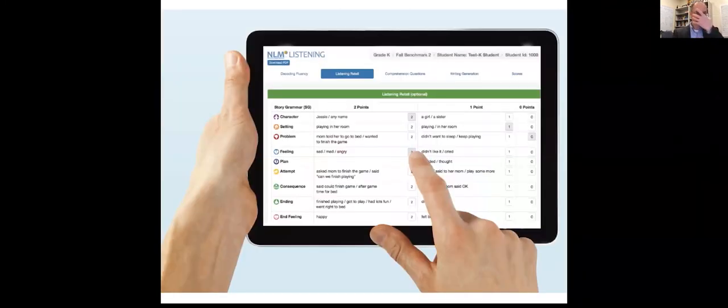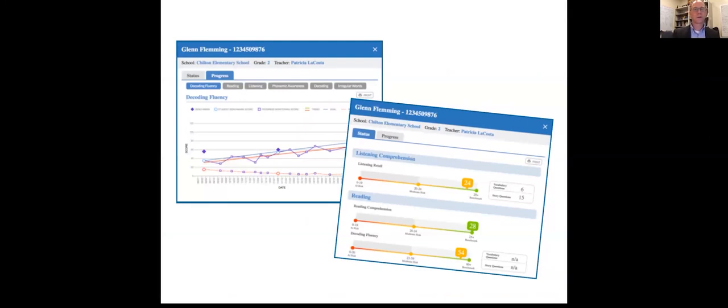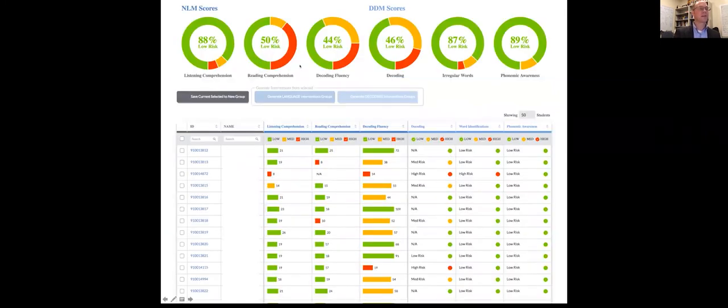This is all available digitally in our Cubed Insight program, which is, I don't know, like the cost of Netflix or something. It doesn't cost hardly anything at all. And it allows you to administer the test with a tablet and score the test with the tablet. And then also the system will track the progress of each of your students over time and plot it for you. It will tell you how each student individually is doing, as well as it will tell you how your entire classroom or caseload or school district or whatever it is, at whatever level you're looking at, it'll tell you how they're doing